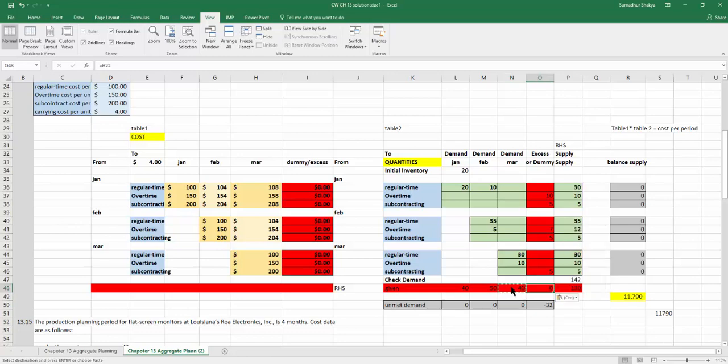Okay. And let me type it in, sum of everything above. And yeah, so at this point, you can see the total supply is 142, total demand is 162, and the difference